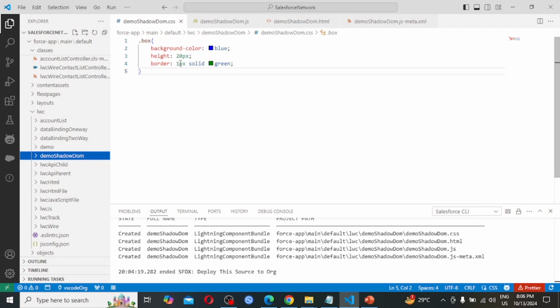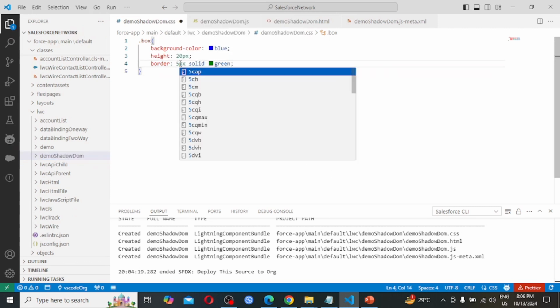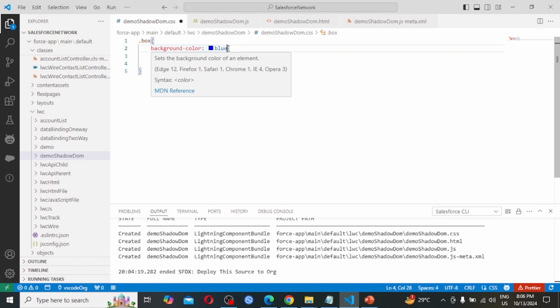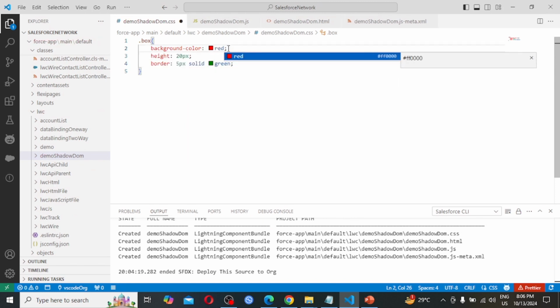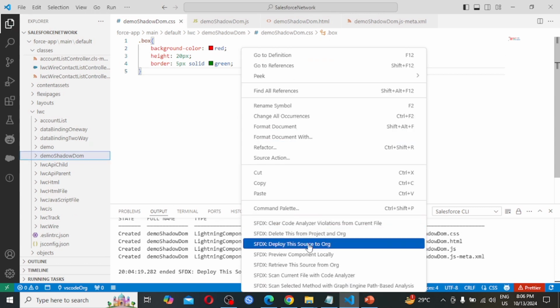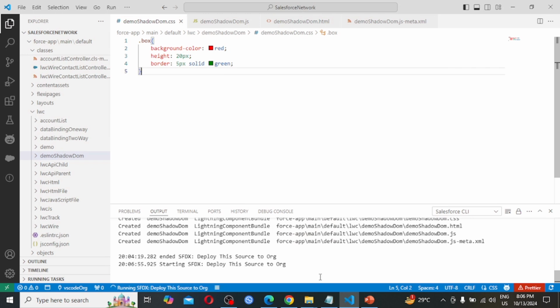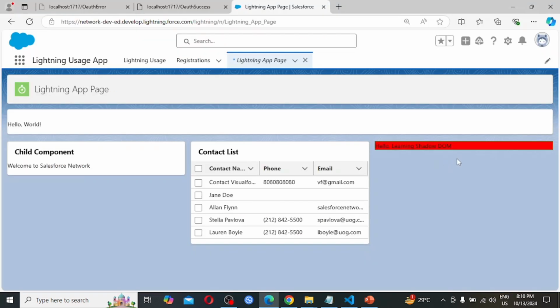So if I am making it like 5 pixel and here I am changing blue to red. Let's see the changes. I need to deploy again here. So here we are seeing the changes applied. Earlier it was displaying in blue color, but right now it is displaying in red color.